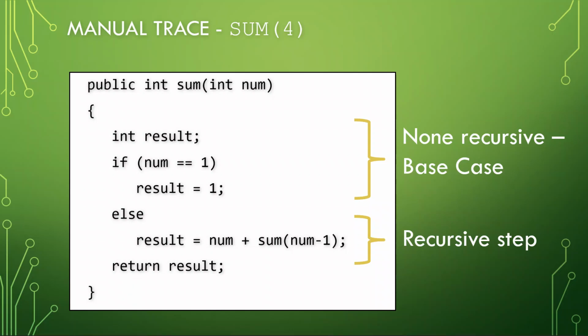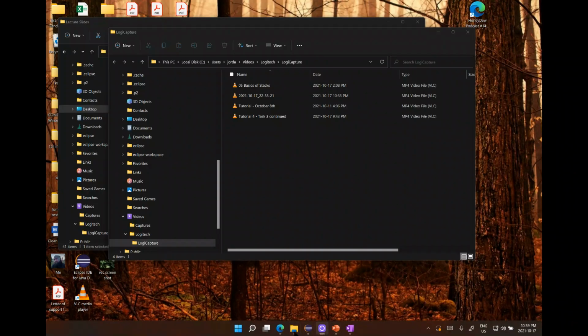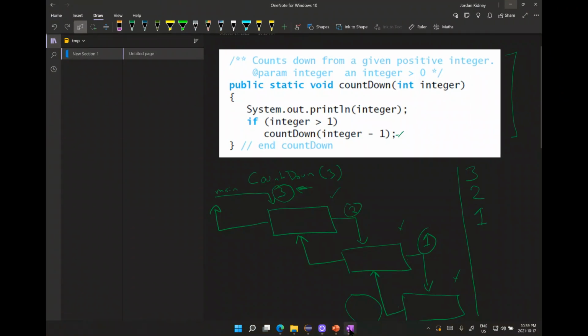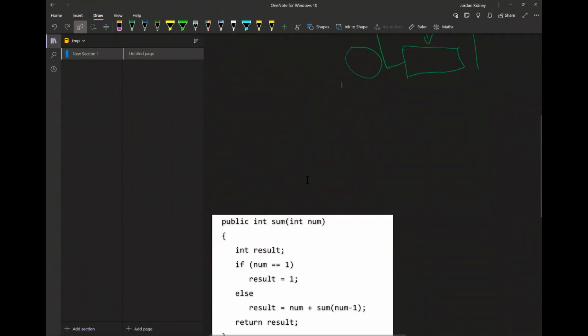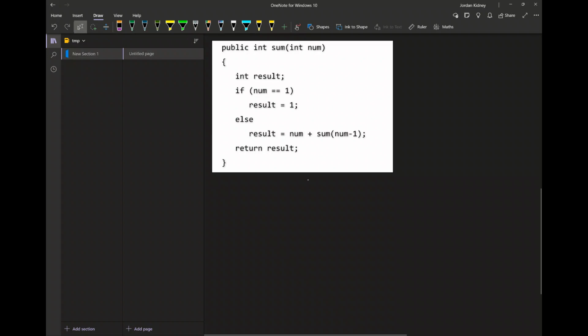Now let's try to trace this, going back to OneNote again, but where sum is 4, so we can see what's happening. Let's go down here and we'll do this method. So using that same way I suggested for tracing stuff before, we are now doing sum 4. So the very first call coming in from the main would give us 4 as the parameter, and